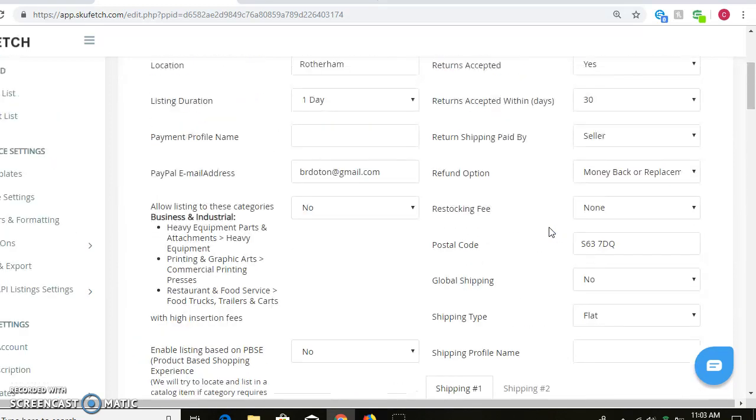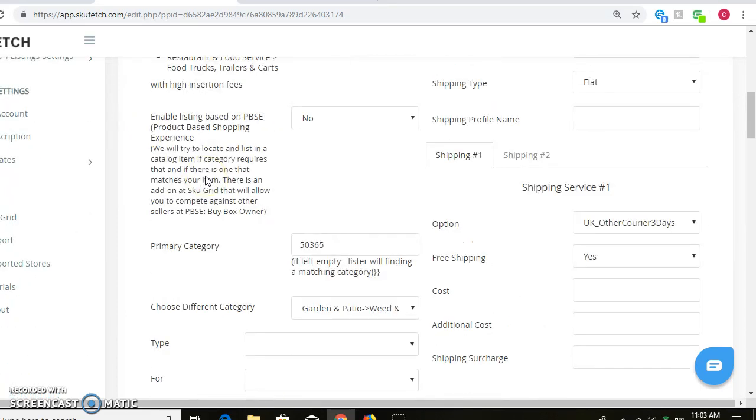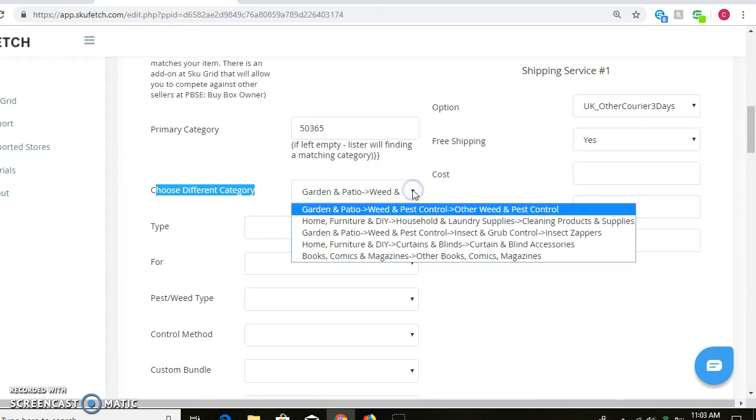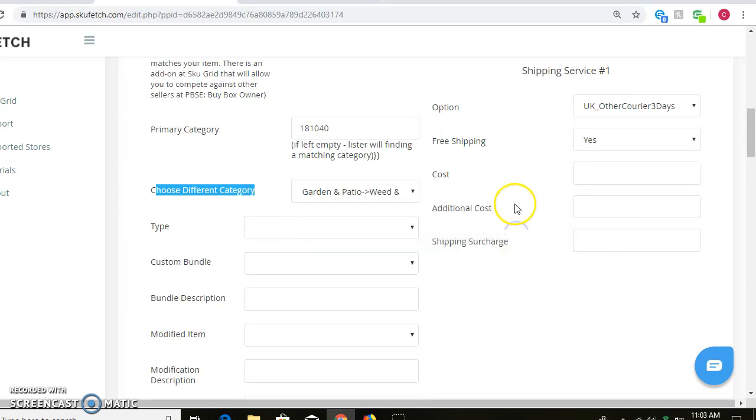And then just to remind me, was to go back to this section, and I want to check the category here that has been pre-selected is correct. This is really important that we get the right categories. So this is auto-populating into garden and patio, pest control, which would be okay, but there's a better, more relevant category, and you'll see that there is actually a subcategory here for insect zappers, which is exactly my product. So it would be okay to leave the pre-populated one, but this is actually better,